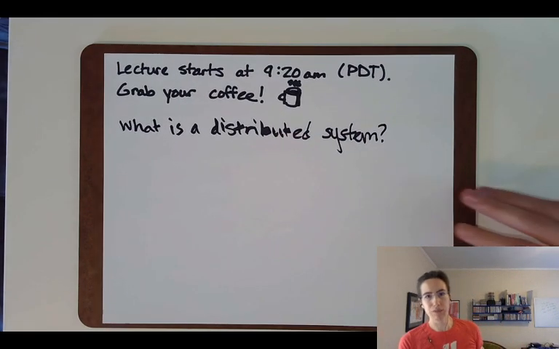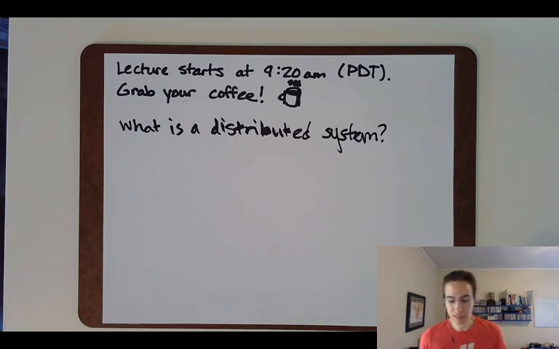So I want to give one answer, which is actually a funny answer from Leslie Lamport, who is sometimes thought of as the father of distributed systems. He's done a lot of the foundational work in distributed systems, and we'll talk about some of that soon. But Leslie Lamport said, a distributed system is a system where I can't get my work done because some computer that I've never even heard of has crashed. And he was kidding when he said that, but there's actually a lot of truth to that because,